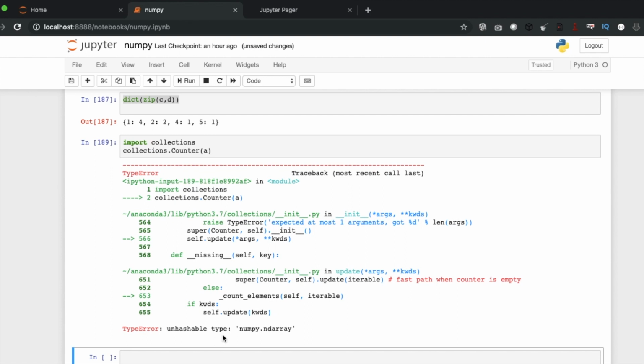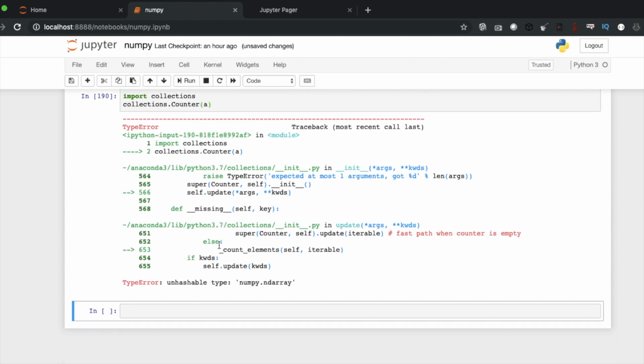Unhashable collections. Why this is not working, I'm not sure. Unhashable type numpy array. But probably it should work.